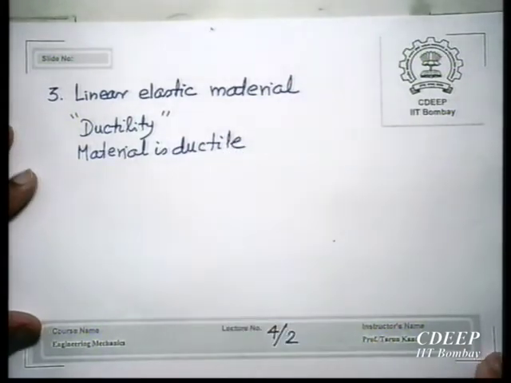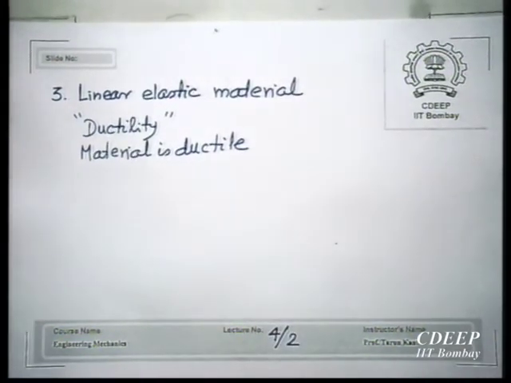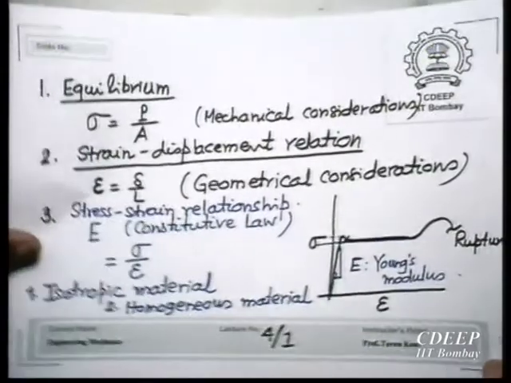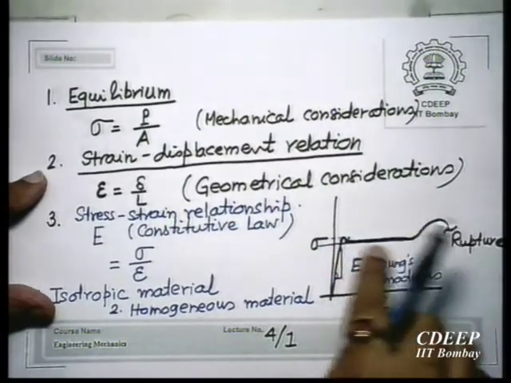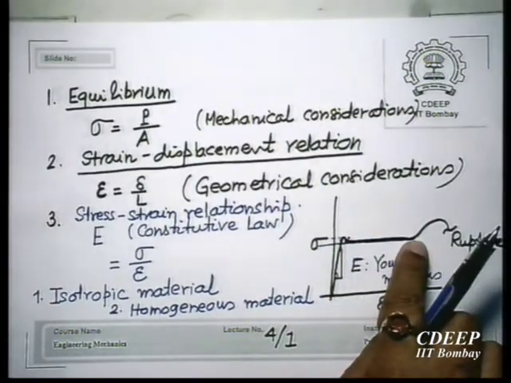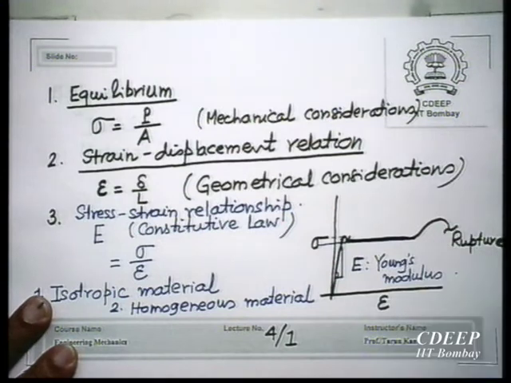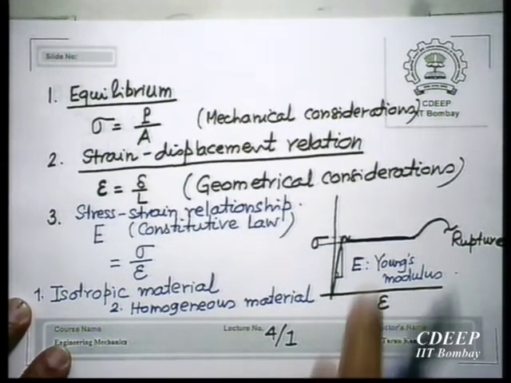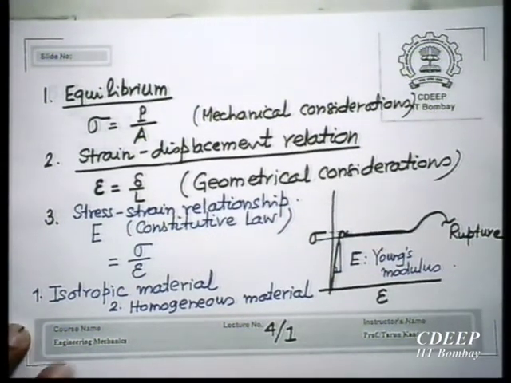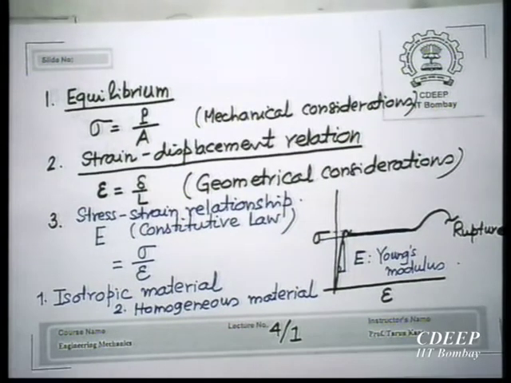That means it gives you warning before failure. Say, when you are doing the experiment, it tells you the material has started flowing. So that means failure is imminent and it is going to come soon, so be prepared now for failure. So, ductility gives you warning.